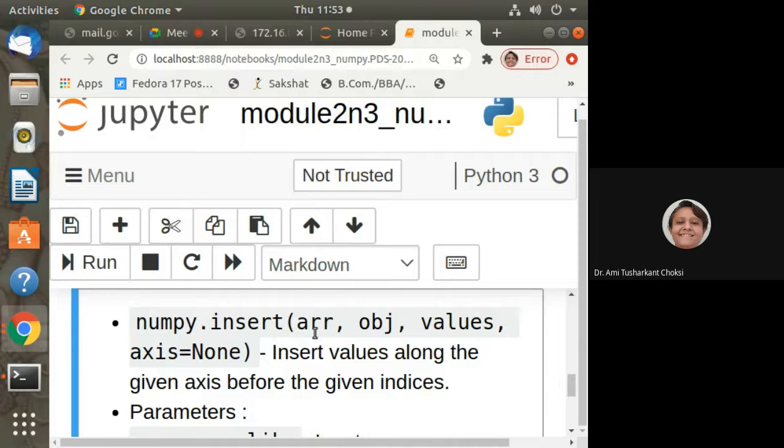Then you need addition, like vstack, where vertically you want to add a row, or horizontally you want to add some elements. That is what is required for a particular algorithm, right? So whenever it is needed, we'll use it.